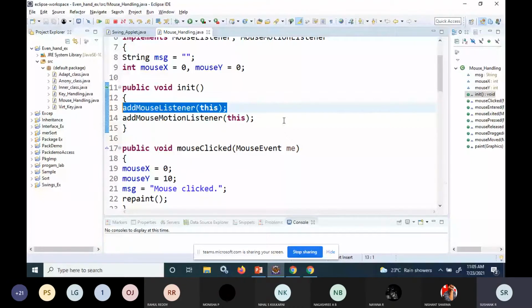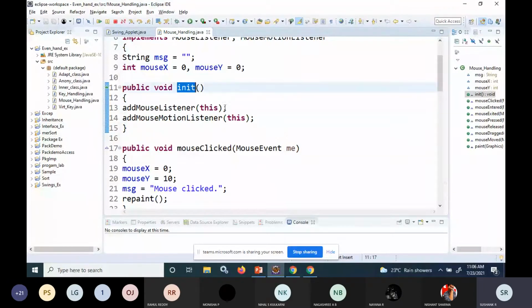We have the addMouseListener and addMouseMotionListener methods. These methods are for notification purposes. They will tell us when certain events take place.